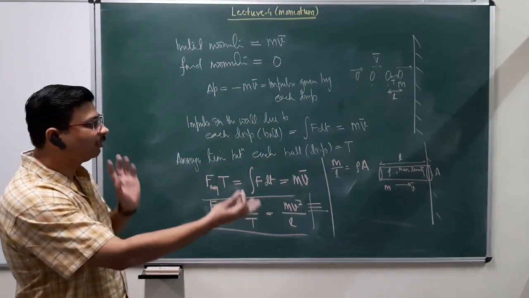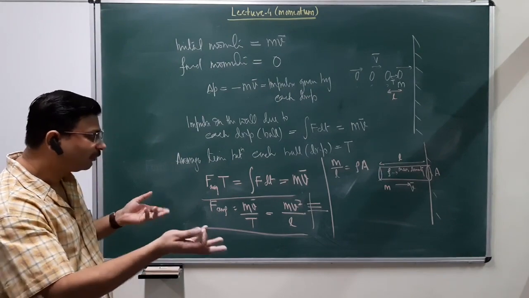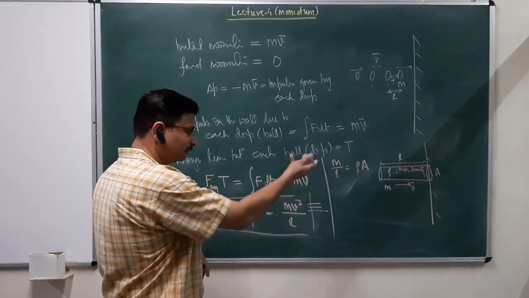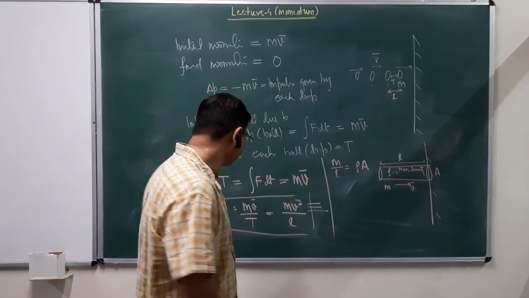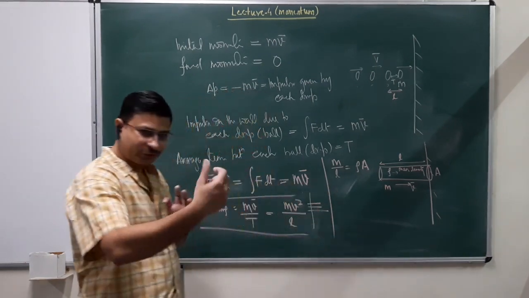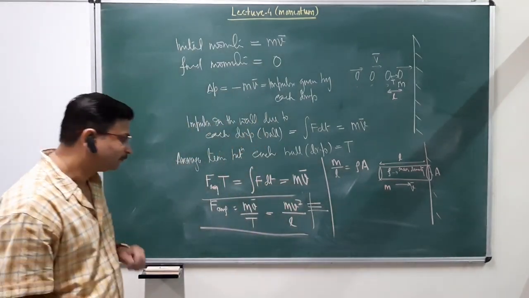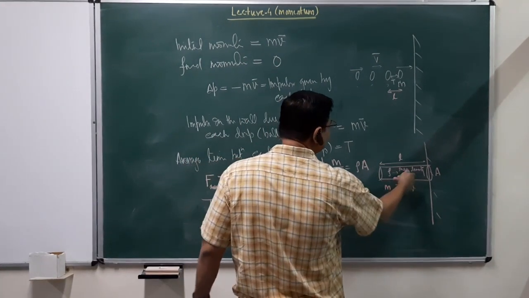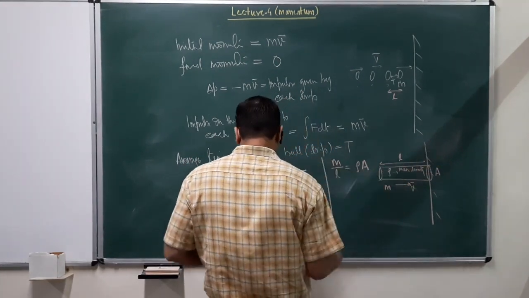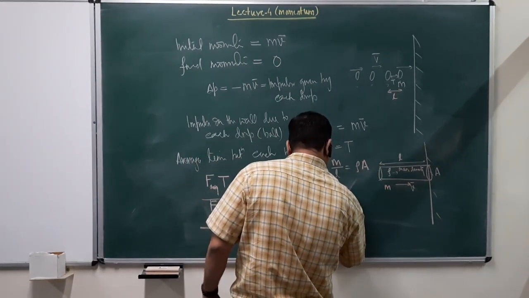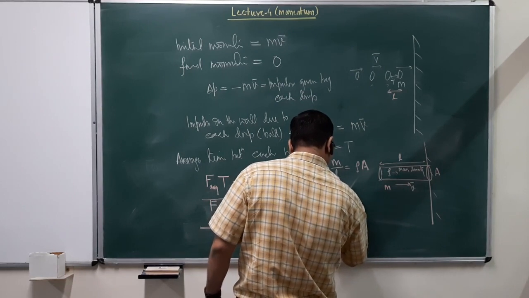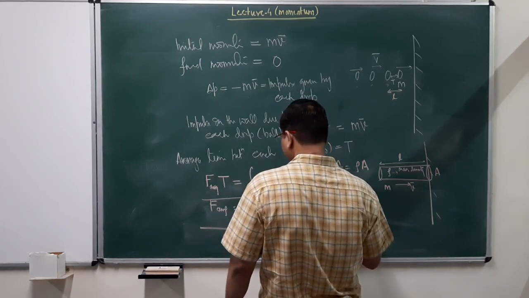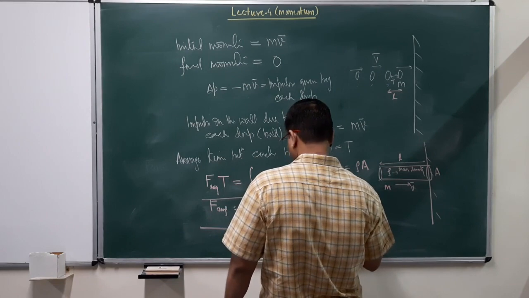The total volume is AL, and m over AL is going to be rho. So I can replace this by rho, so that we don't have to worry about these different factors, because you are not going to measure the actual length of the column. And in that case, F average is